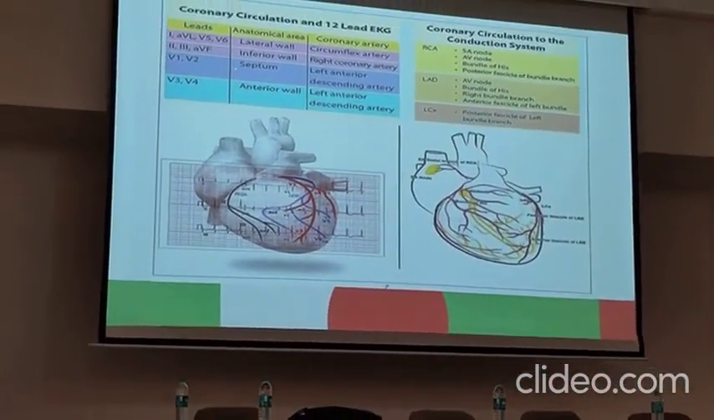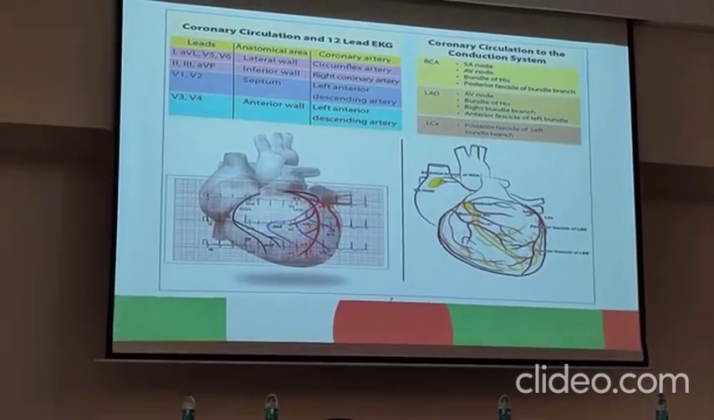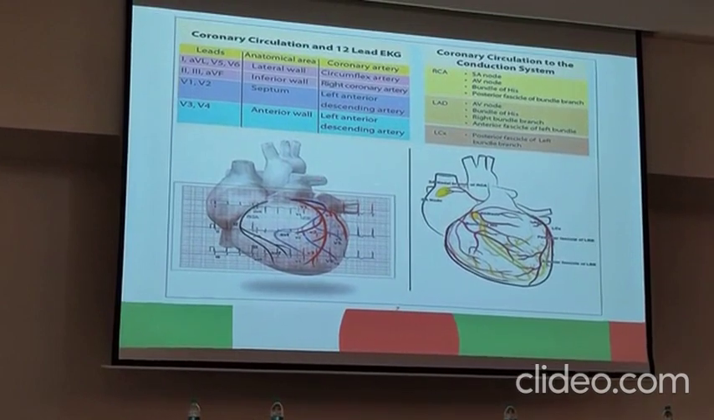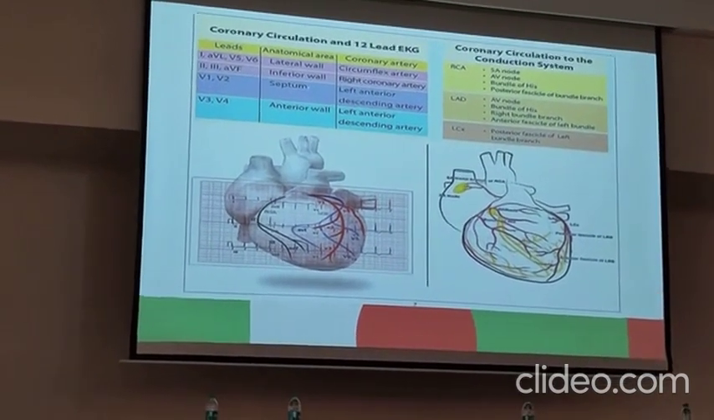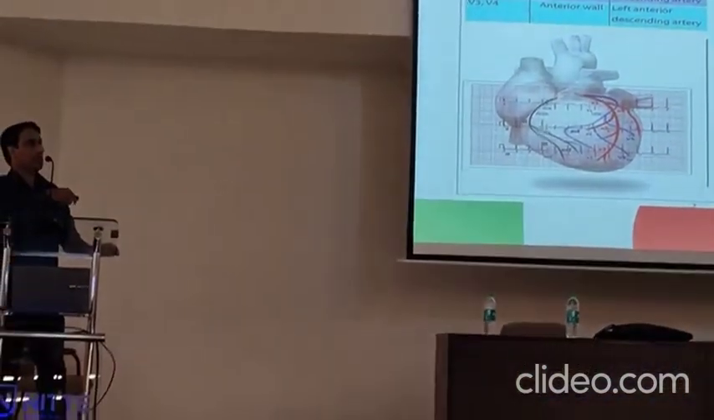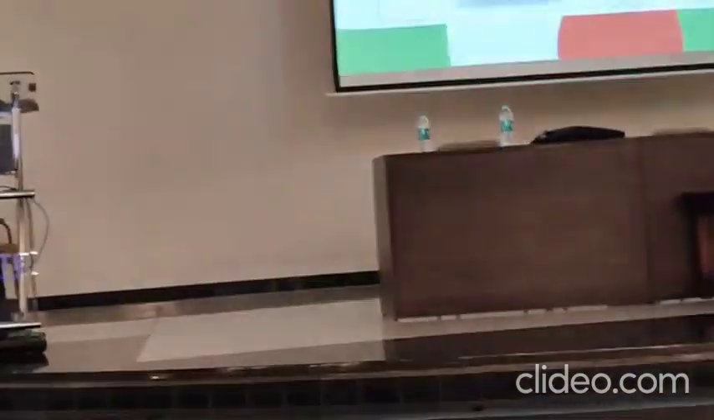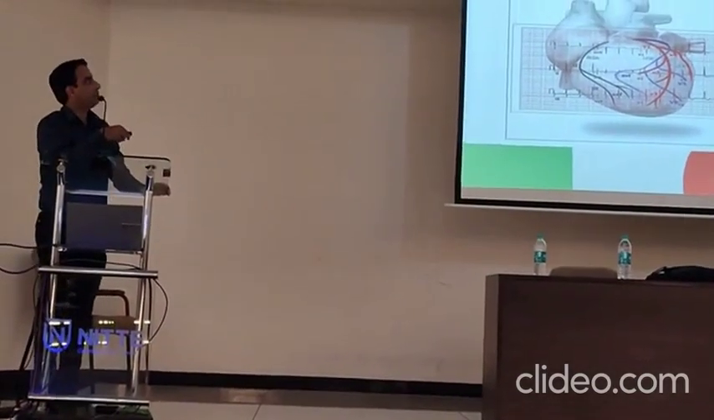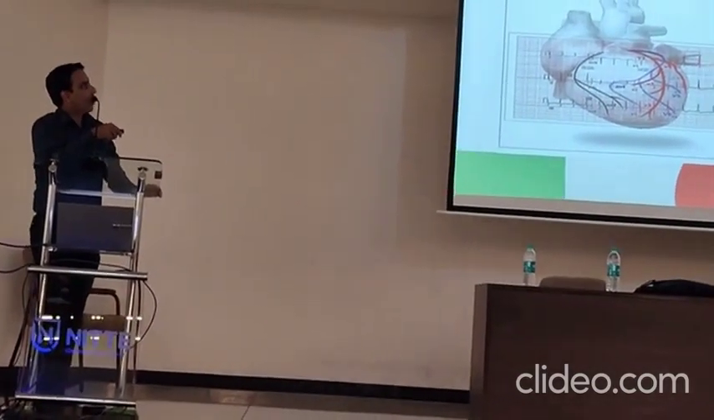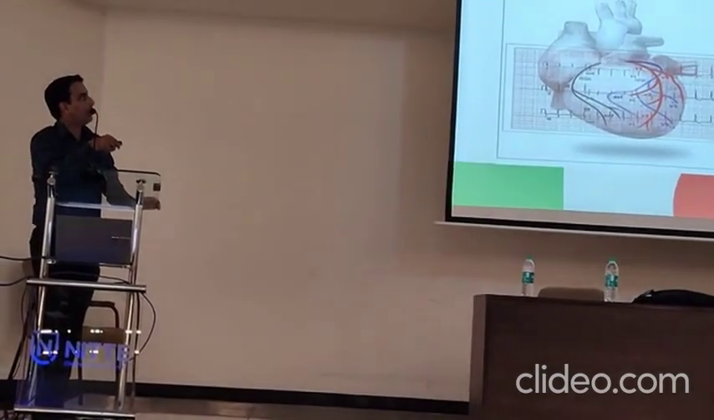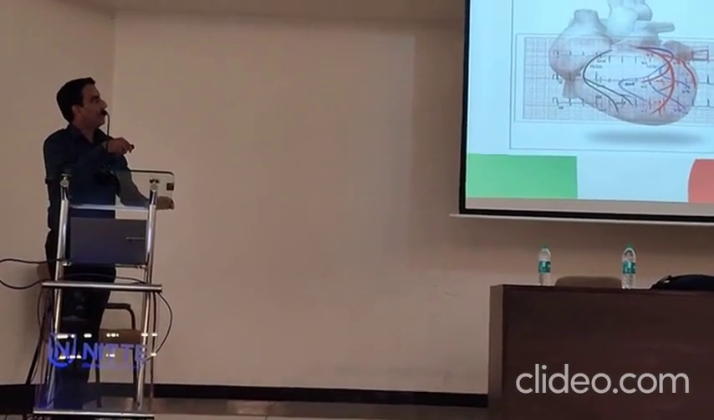So when you see any of these changes, you should know which artery could be the culprit and which area of the heart is going to be affected. This is something very important when it comes to identifying ischemia or infarction. Also, when it comes to the coronary circulation to the conduction system, you can see here the right